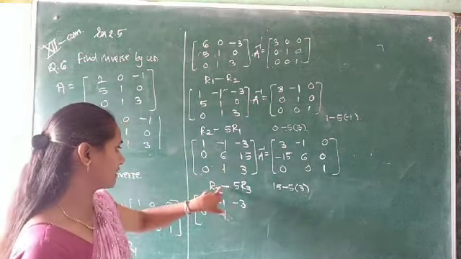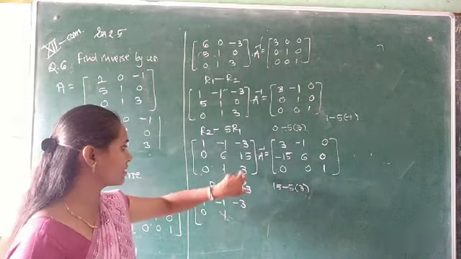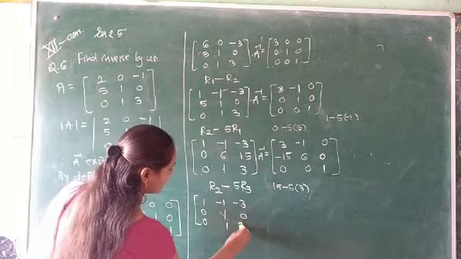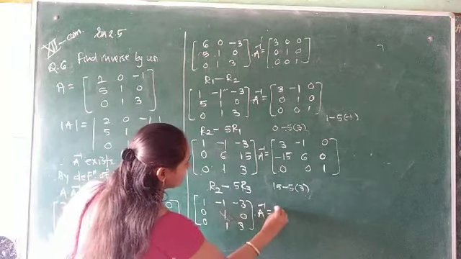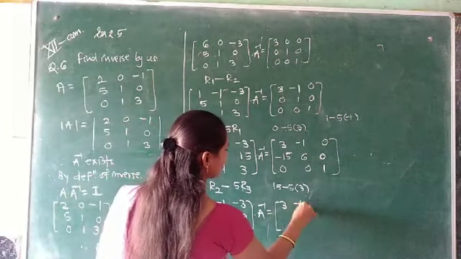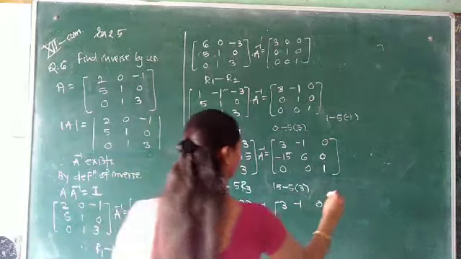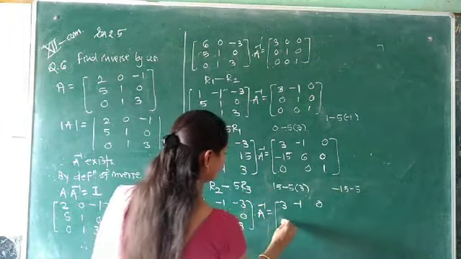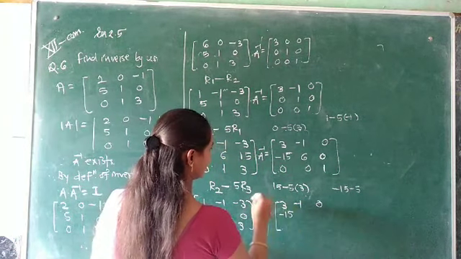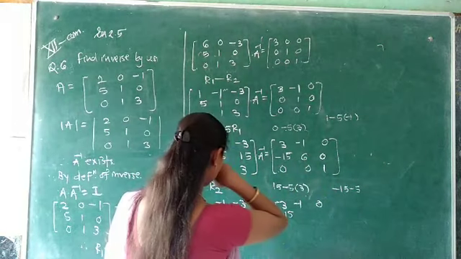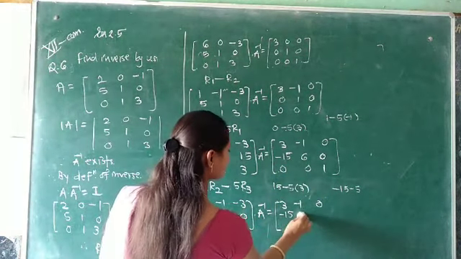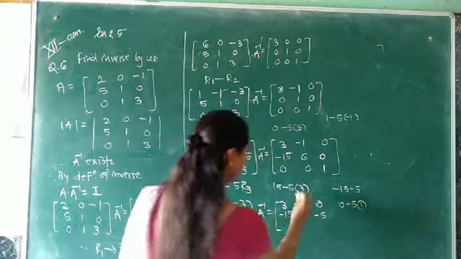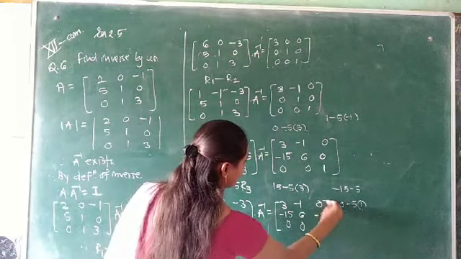Next, 15 minus 5 into 3. This is 15. R2 is 15 minus 5 into corresponding R3. See, so 15 minus 15, it is 0. R3 as it is, 0 1 3 into A inverse is equal to, right, R1 as it is, 3 minus 1 0. Look at here, minus 15 minus 5 into corresponding R3 0. So here minus 15 as it is. Now see here, 6 minus, again it is 0, so 6 as it is, and 0 minus 5 into 1 since it is minus 1, R3 right as it is 0 0 1.